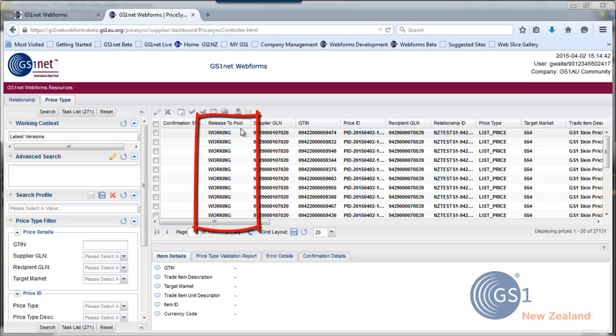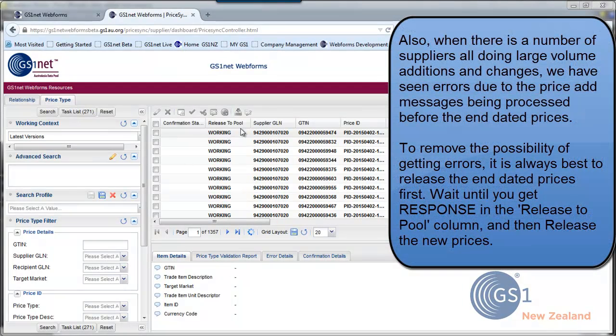Now the reason for this is because we've seen a number of suppliers upload with errors in their prices. So they have 500 prices that they're end dating. These go off, they fail, they get errors back. The new prices of course will fail because the old prices did. Suddenly you've got 1,000 errors to deal with. So it's always much better to release the end dated prices first, make sure these go through successfully, and then release your new